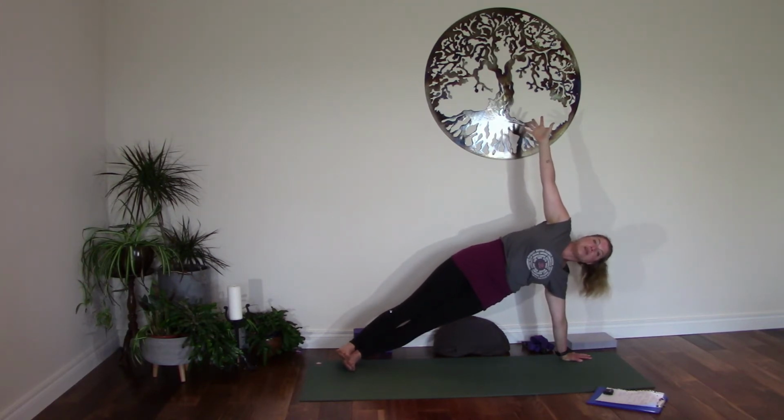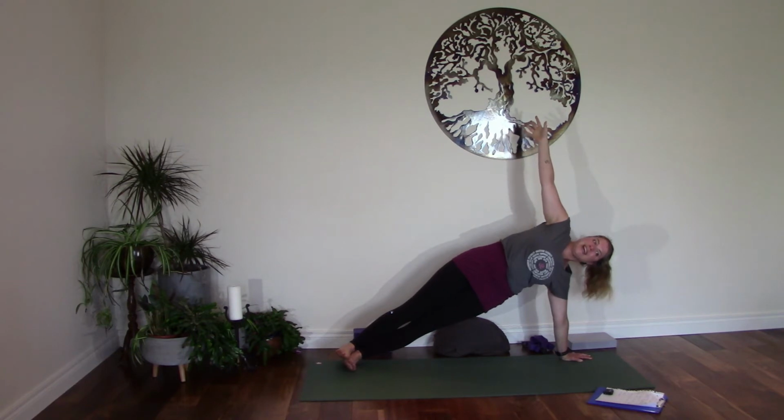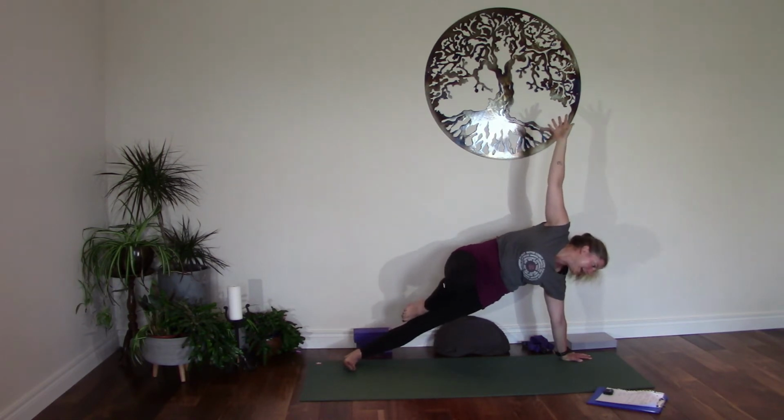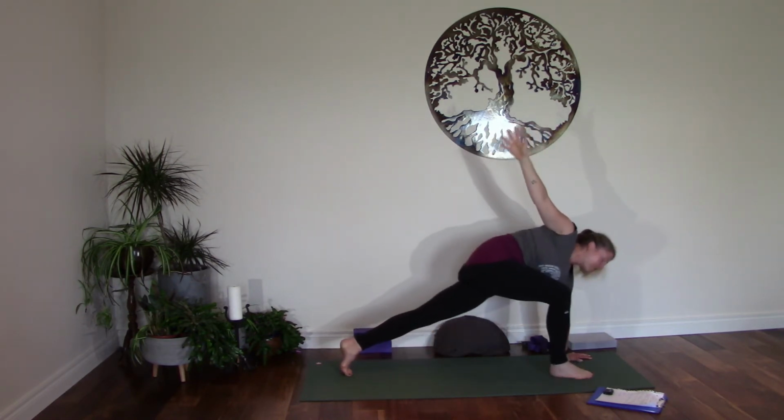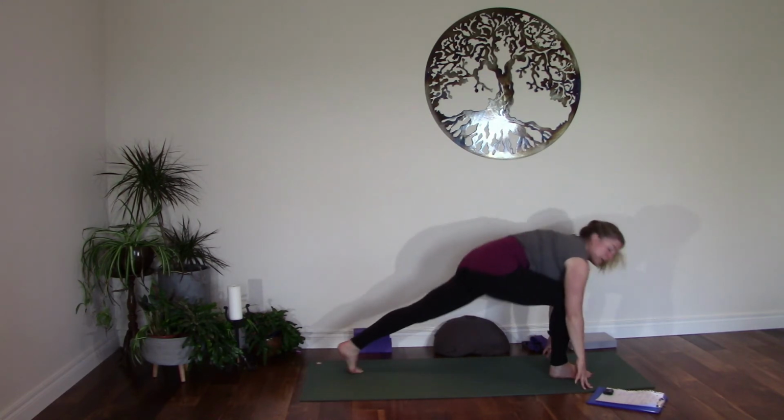Keep moving the tailbone down towards the heels as you push the heels away. All right, two more here. Inhale, exhale, inhale, exhale. Inhale, look down, lift the right knee, turn, step it forward, come into that crescent lunge with the